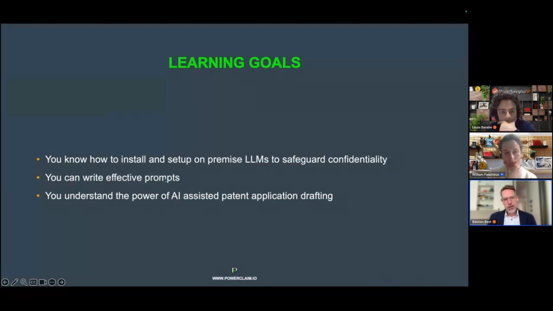If you use the techniques of prompt engineering, as we say, which we will learn in this webinar, I think you are already ahead of the curve of most other people just interacting intuitively with these LLMs. And the last learning goal is that you understand, hopefully, the power of AI-assisted patent application drafting, and